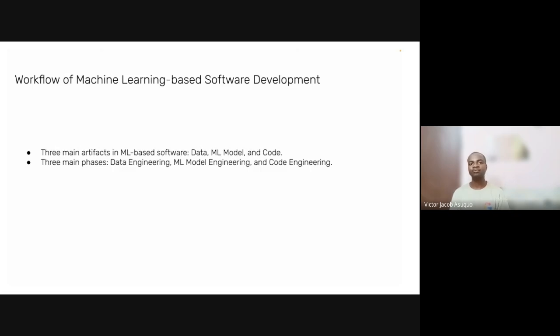Model engineering: how do you select the best model? Which model is doing best? Which model comes to your mind given a particular problem? These are the questions we are going to answer. And code engineering: consider using Python, Java or C++. But the most important thing is: what is your code, what is your methodology?